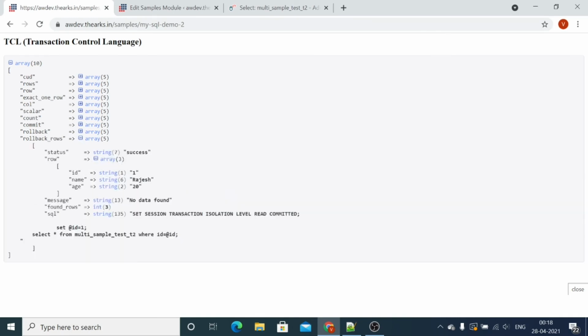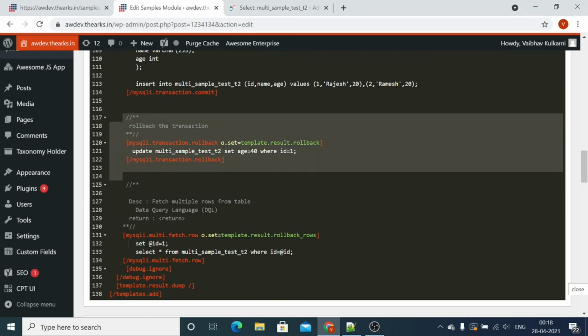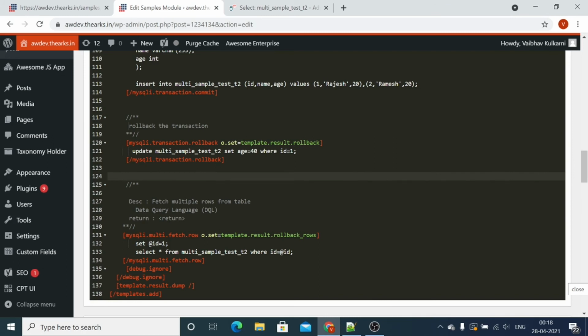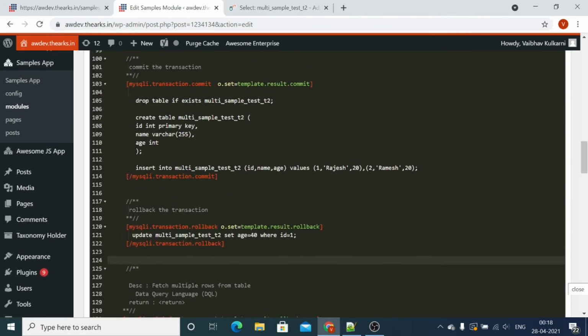Now you can see the age is not updated because this transaction is rolled back, this transaction is not committed. If the transaction was committed, then you would see the age value 40. So let's commit this one to check.